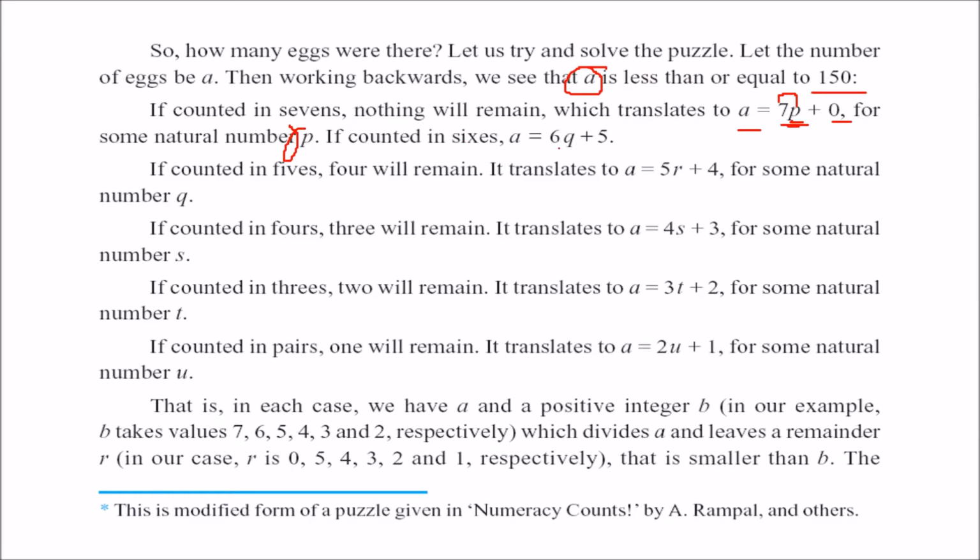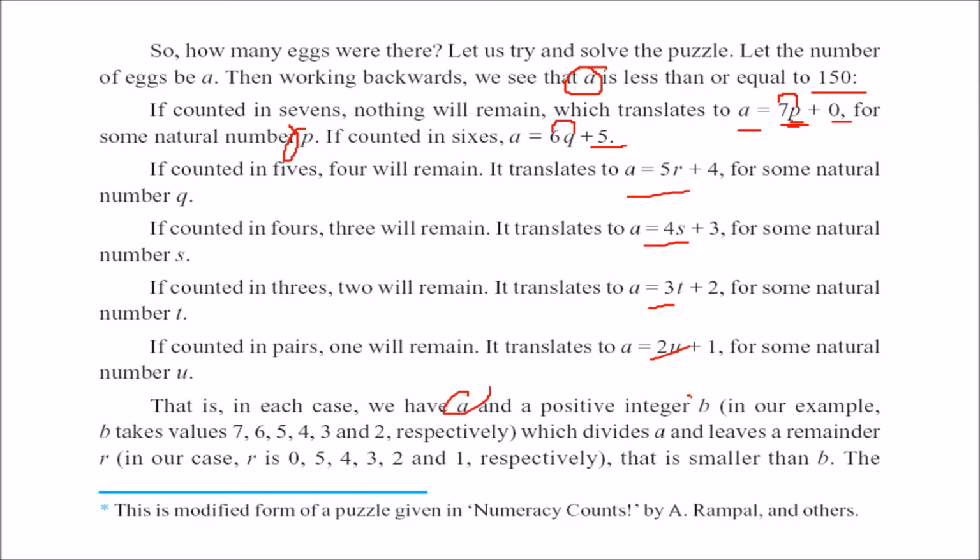The next one is if the packs are made of 6, means 6 eggs, 6 eggs, 6 eggs, if they are counted like this. After 6 are completed, 5 will be remaining. Similarly for the others. So if you see here